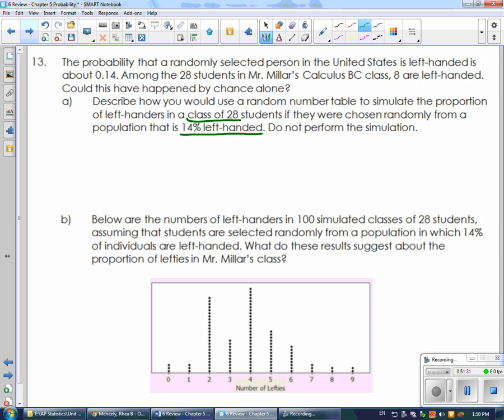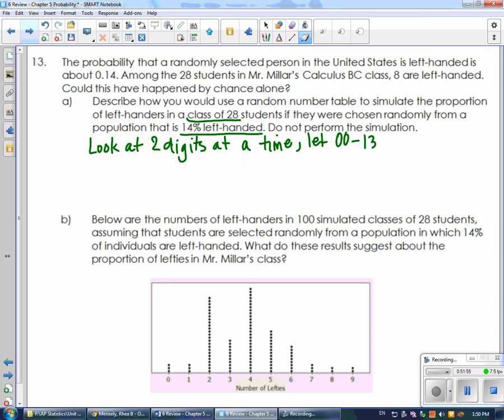So if we look at double digits, and I'm going to let, if I start at 0, 0, then that means I'm going to go to 1, 3. And that would give me 14 values. If you wanted to do 0, 1 to 14, you could do it that way as well. In fact, let me do it that way. So if we let 0, 1 to 14 represent a left-hander, and all others represent a right-handed person,